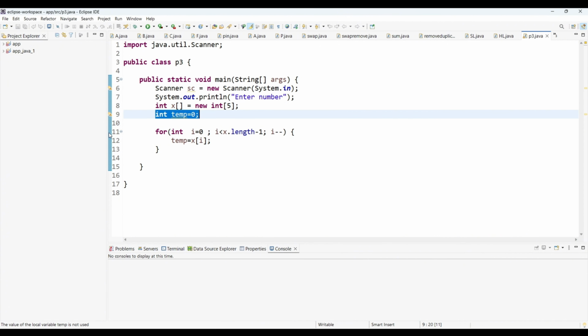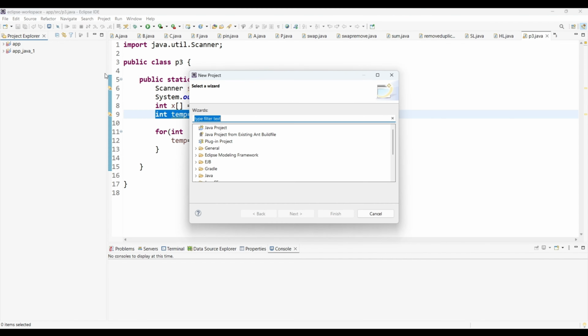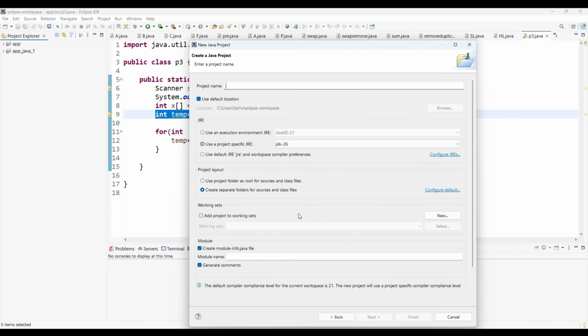Inside Eclipse, right click in the Package Explorer, hover over New, click Project. Select Java Project, then click Next. Now enter the project name. I will use CRUD_demo. Next, select Use an Execution Environment JRE. I am using JDK 21.